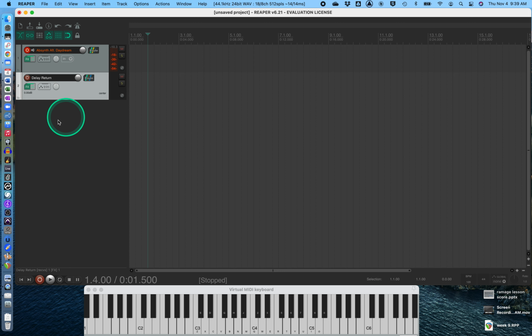So if I wanted to create more tracks with more sounds on them and I wanted to send them to this track, I could by simply clicking the route icon, dragging it to this track. You'll notice that there's a colored stripe for a send and a colored stripe for a return. Now, if I'm using this sound, I can record an event as a MIDI event in the timeline. If I hit record,